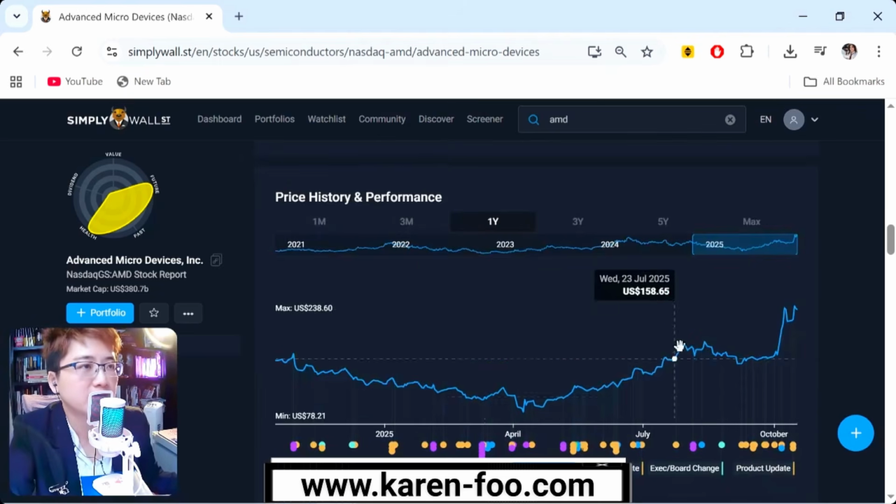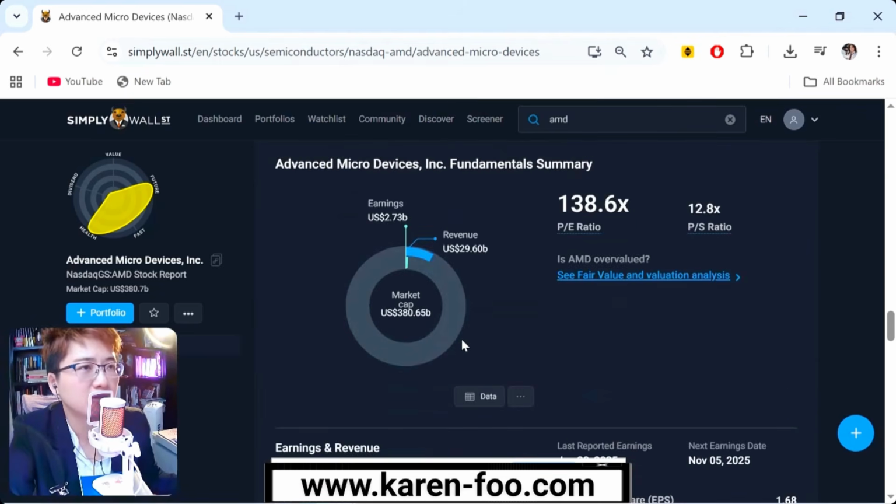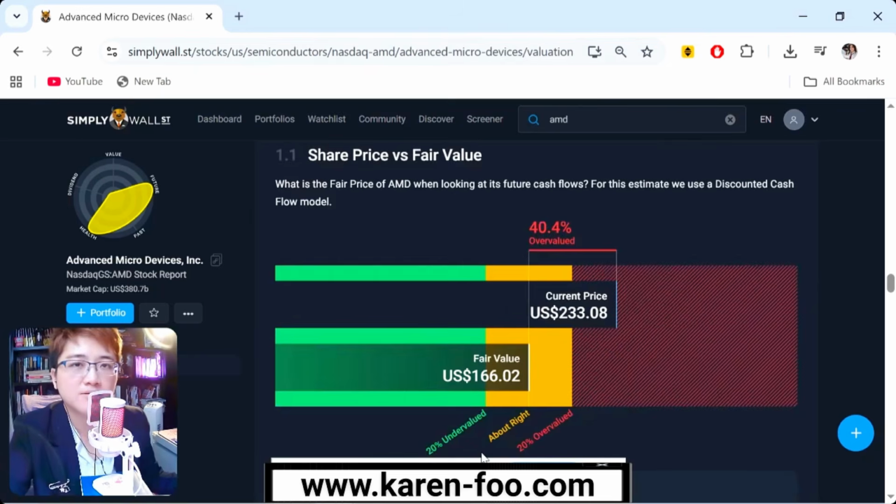It gives you a history of the price performance, okay? But there are some sections which I particularly like. What I like about this is that it gives you an idea whether the company is overvalued or undervalued, because